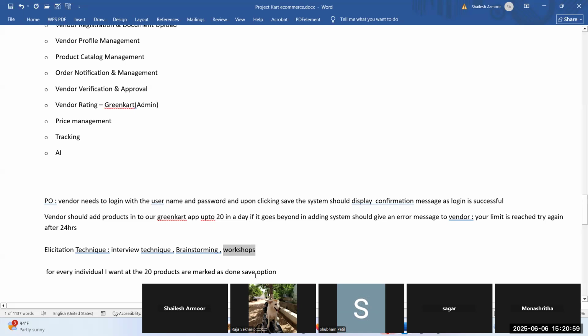And Monashrita, you have said brainstorming. So if there is a confusion with the requirement, which technique will we apply? Brainstorming. Can you give an explanation of that brainstorming according to you? It's a kind of group discussion where people give out ideas and whatever solutions they feel like. Okay, very good. So why are you applying brainstorming here? Why not workshops? What is the difference